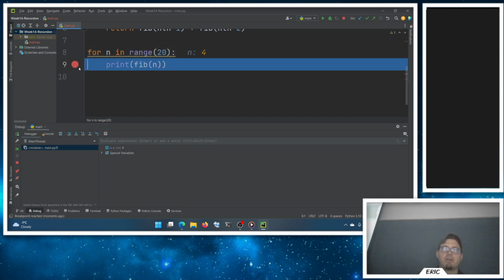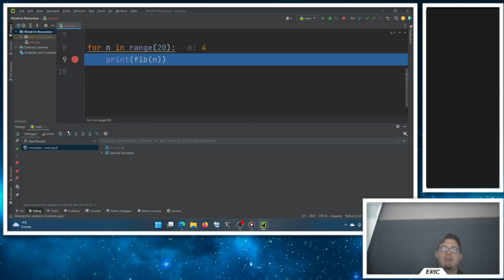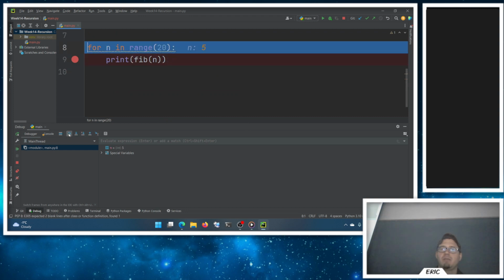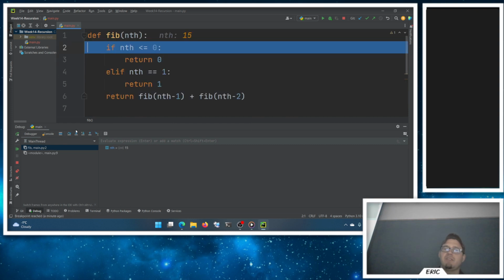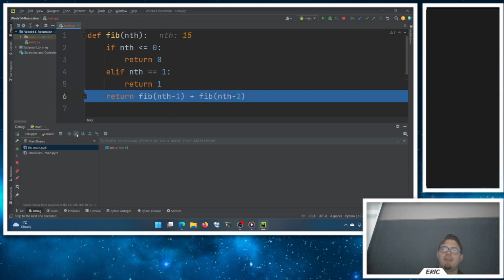So this one gets a little boring here. Let me take this breakpoint out and step over a couple times, and let's keep on going here. Let's try 15 here. 15 will be fun. So I'm going to step into 15. Now we're going to step into,